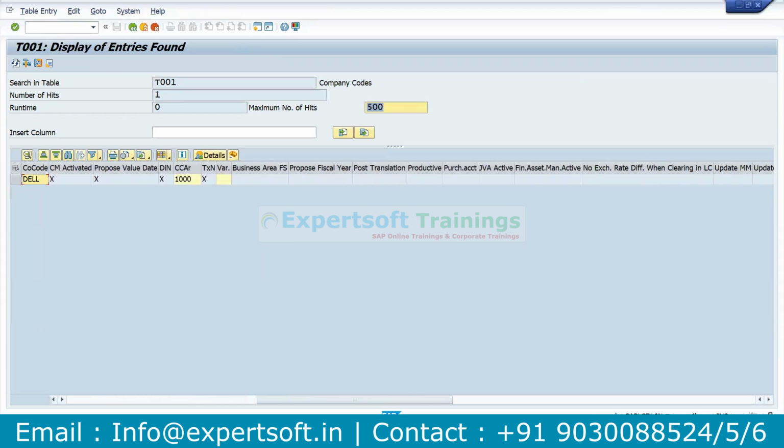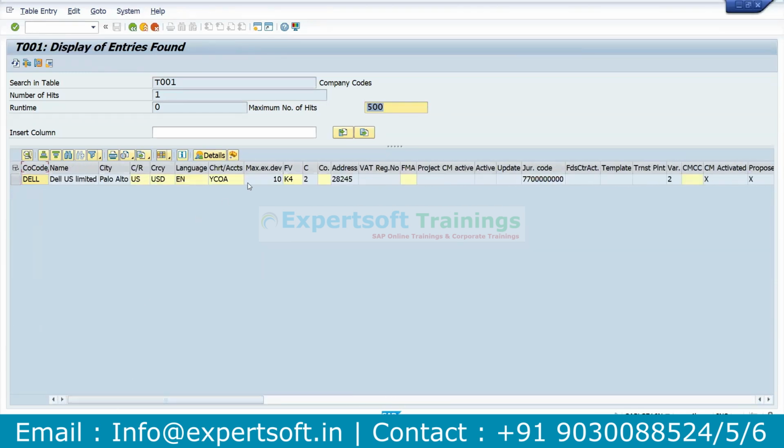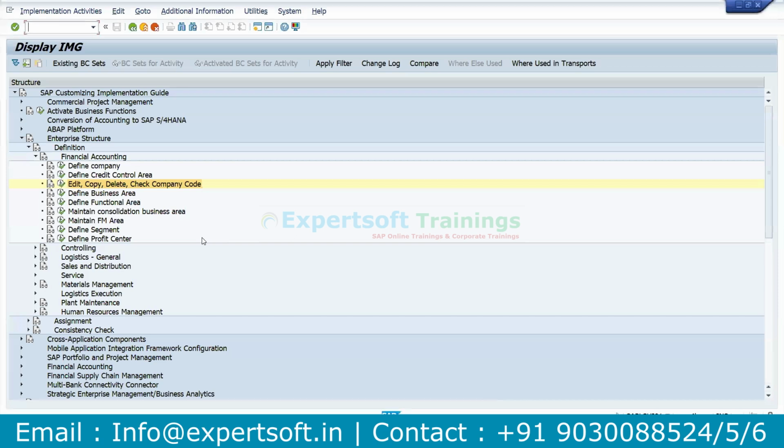Okay. You might be wondering from where all these details have come. All these details have come from copying. Since we copied it from 1710, all these details have come and sit here. And the next organizational element which you will be creating as part of your enterprise structure is